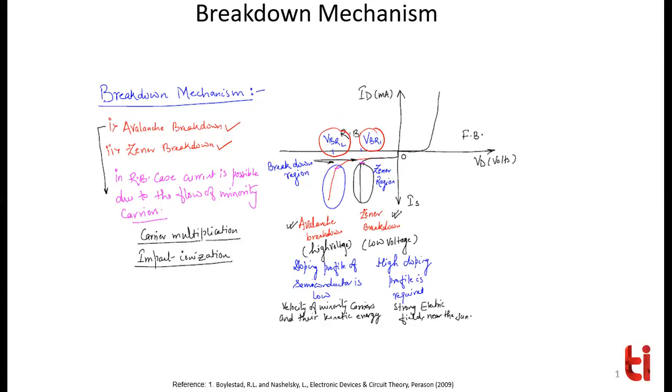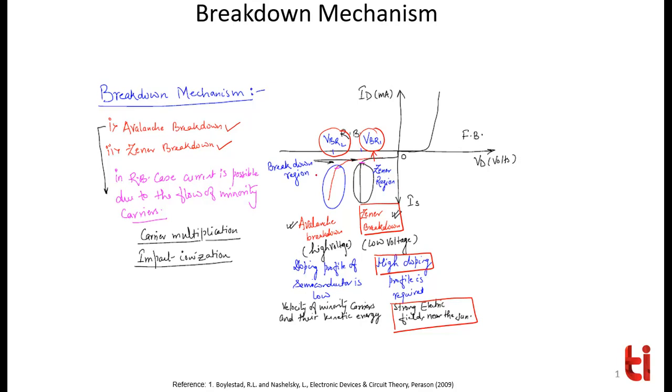The reason is that in Zener breakdown, the doping is already high. If the doping is high, the electric field is already strong near the junction, and if the electric field is already strong near the junction, it can create disruption in positive and negative charges, as well as create tunneling. However, it's at a smaller reverse voltage.